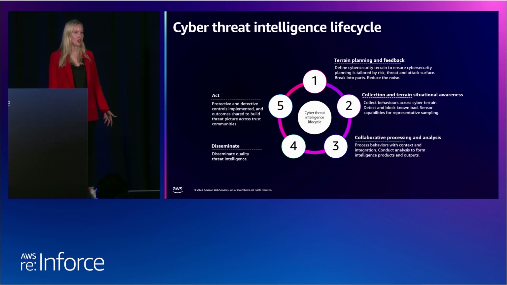Next, we have rapid sharing. So we can use machines, we can use our computers, and we can use our technology to make sure that this happens fast. Back in the day, it used to be written on a napkin. You used to have to quickly text a fellow CTO or CEO for a quick coffee and go, oh man, we're seeing this stuff on our network. What are you seeing? By setting this up the right way, you can make sure that this is machine speed, which is really, really important given how quickly the cyber threat moves.